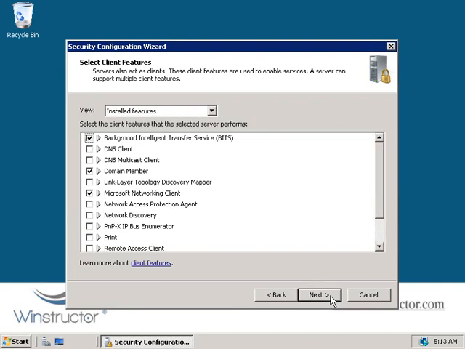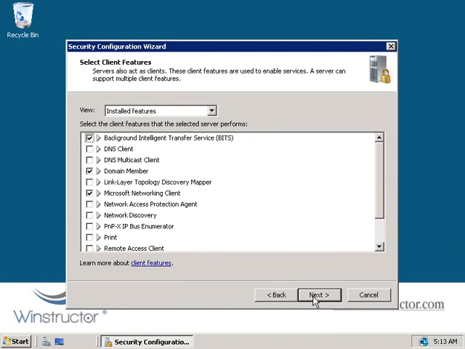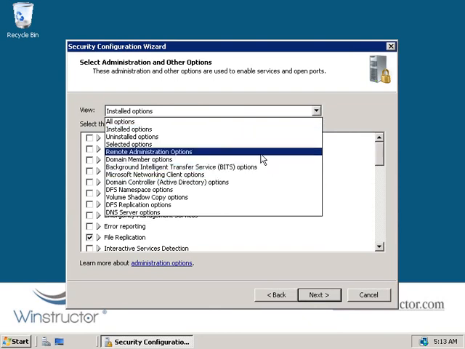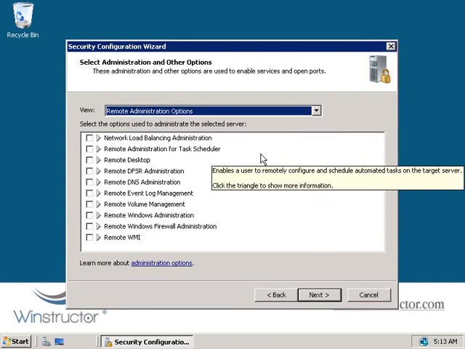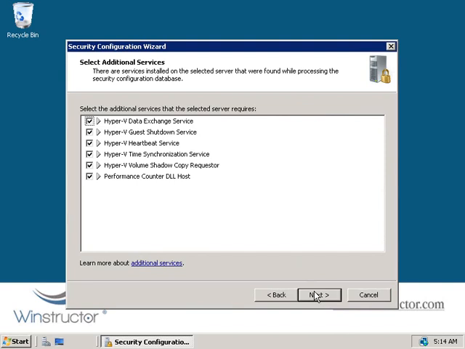And then we'll need to do the same thing again for the client features as well. Again, select the client features that this server will need to have installed and remove the ones you don't need, and then click Next again. Now we'll need to select which options we want to be available for us to be able to administer this server, and it's definitely worth taking a look at these, such as things like, say, the remote administration options, as some of these will be pretty important to you if you want to manage the server remotely. Again, you can go through this list and check the ones that you need, deselect what you don't,